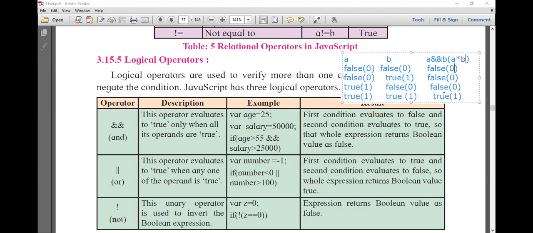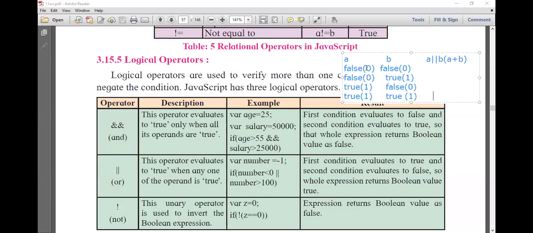In the same way, we are using the OR operator. The OR operator is nothing but two vertical lines, right? Here, in spite of multiplication, it will be plus, so the answers will change. The expression A and expression B will remain the same. Now, if you're using A or B, OR means two vertical lines. You can consider OR as plus, as ampersand ampersand means multiplication.